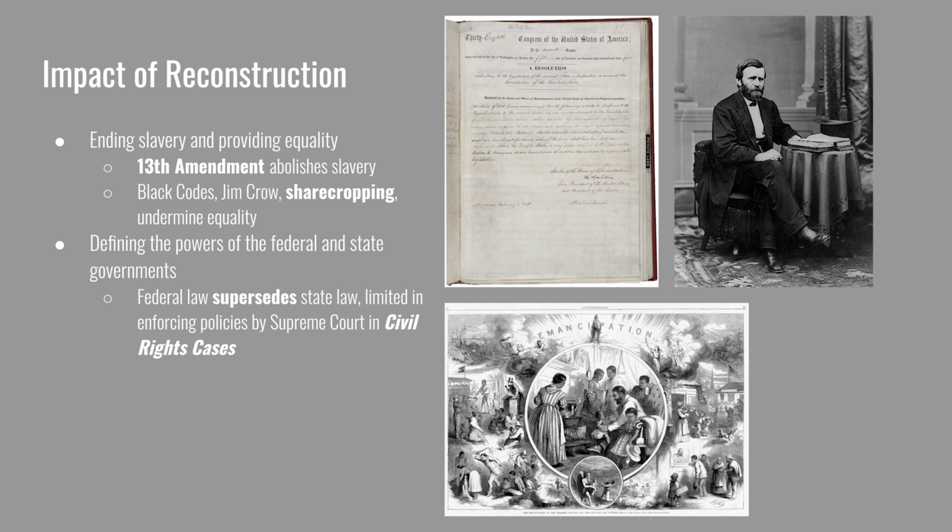The second impact listed is establishing a power relationship between the federal and state governments. Federal law superseded state law according to the Constitution, and the war established that the states could not leave the Union if they disagreed with the federal government. However, there are limits in enforcing federal policies and constitutional amendments because the federal government often relies on state governments to do so. When southern states actively worked against these amendments, the federal government passed more laws that may interfere with state sovereignty. The Supreme Court then stepped in, in the Civil Rights Cases, and diminished the impact of the 13th, 14th, and 15th Amendments by striking down the Civil Rights Act of 1875.